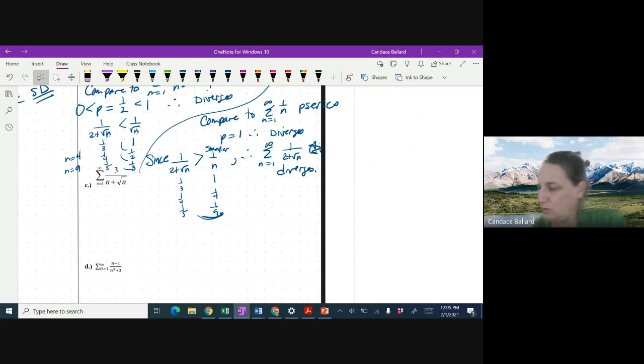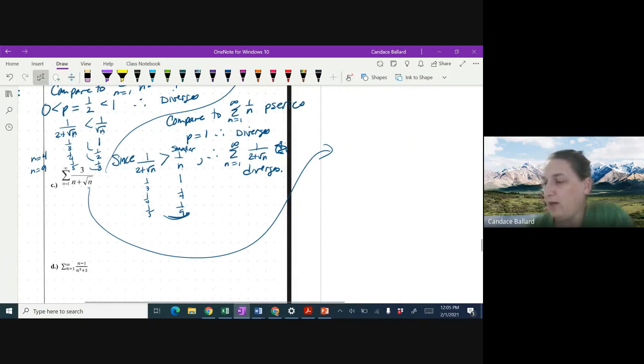Okay, so we are looking at this one here. I'm going to put it off here. I'm going to write in a different color so we can see it. So I am going to compare to something probably completely out there and a little bit different. I'm just going to try dropping the square root. I'm going to keep the 3, but I'm going to drop the square root. So I'm going to compare to